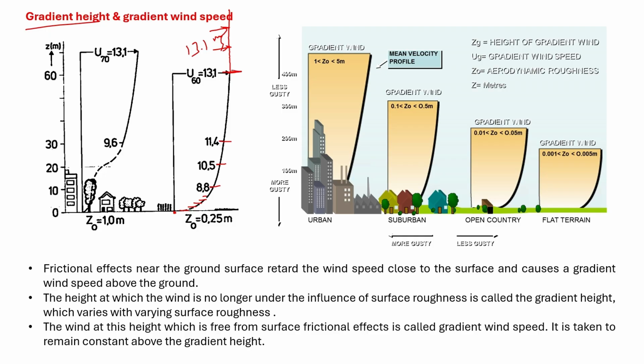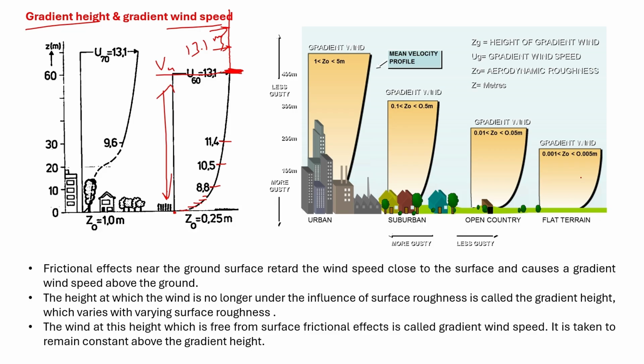From this height onwards the velocity is constant, so this height is called gradient height, and the velocity at this height is called gradient wind speed. After this gradient height the velocity will be constant, and that velocity is called gradient wind speed. And this gradient height